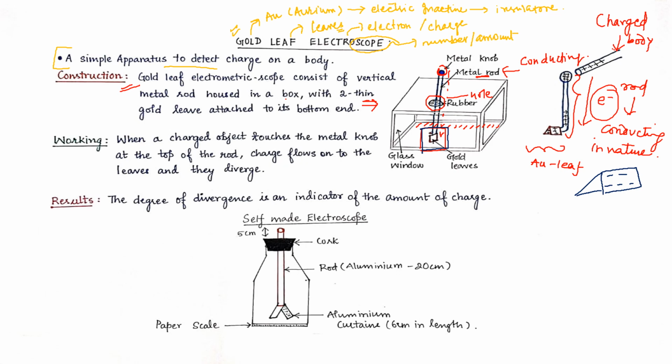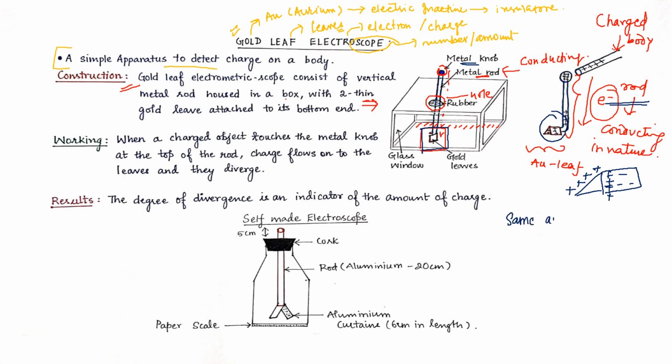Now the next question arises: how does it work? Basically, the body whose charge we want to know, we bring that body near this metal knob, and from the metal knob the charges start going to the metal rod. From the metal rod it gets conducted to the gold leaf. As I have told, this rod is conducting in nature, hence these charges get conducted to the gold leaf, and these two parts of the gold leaf start accumulating